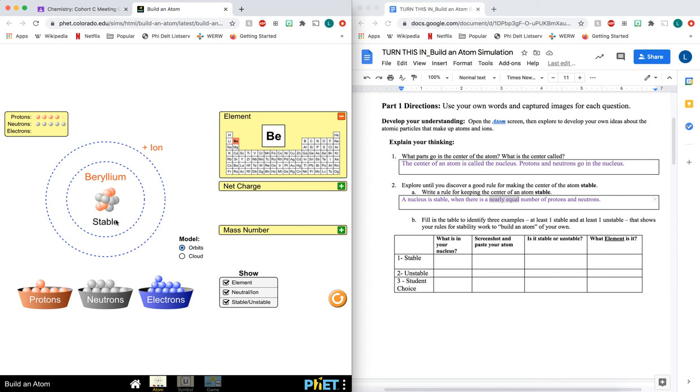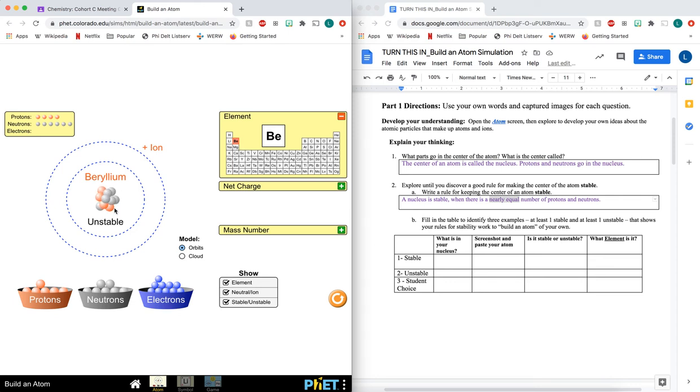But if I add this in, I can stabilize it. But if I go too far, it's going to become unstable. So we don't have to have a perfect ratio, the exact same number of protons and neutrons, but they do need to be pretty close to each other in order to create a balance that stabilizes the nucleus between these positive and neutral